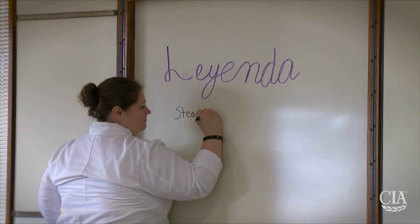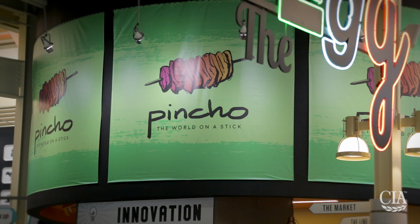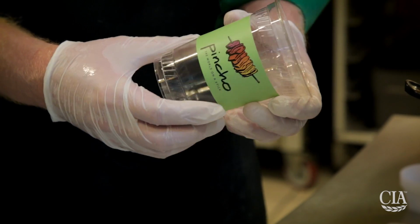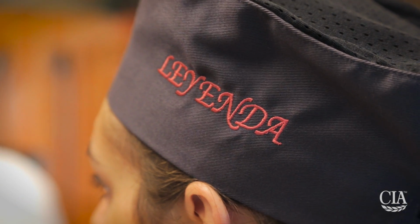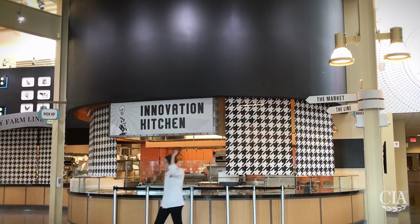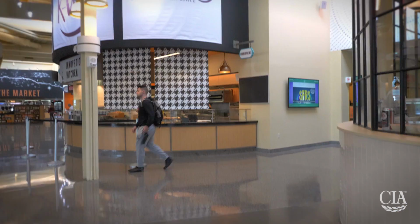The value of the logo is a visual representation of their brand. And it also gets used on any marketing materials that are displayed related to the concept. But things like caps, their caps that have the embroidered logo, take a long time. And their space in the Innovation Kitchen is one of the first things that students and visitors see when they